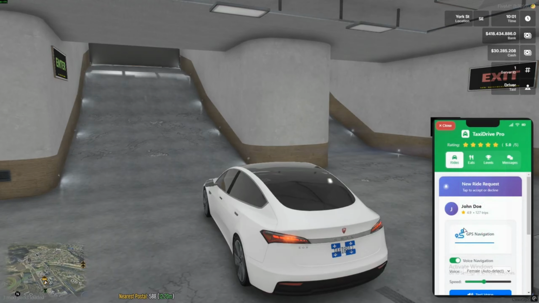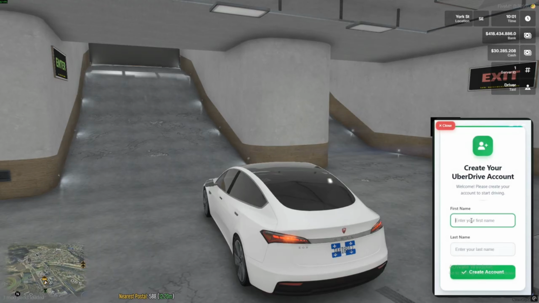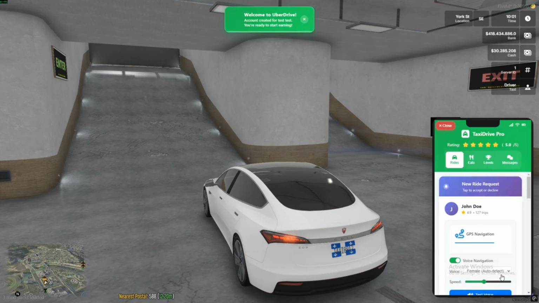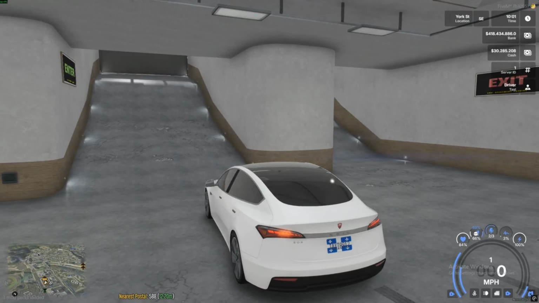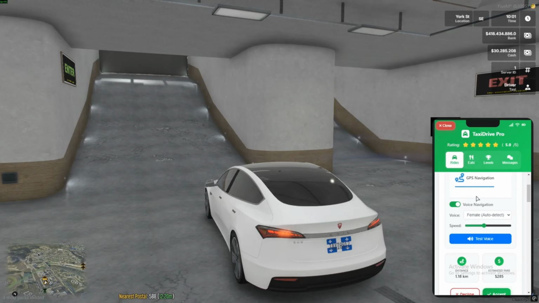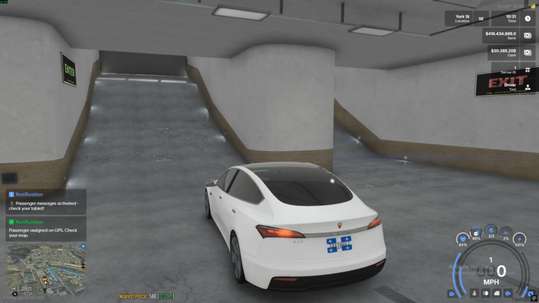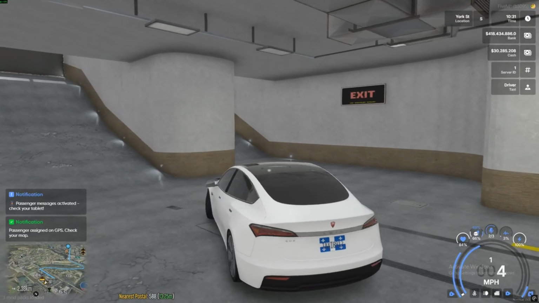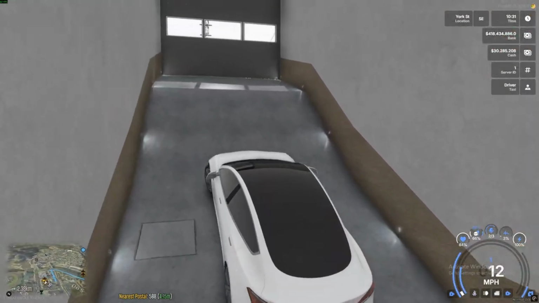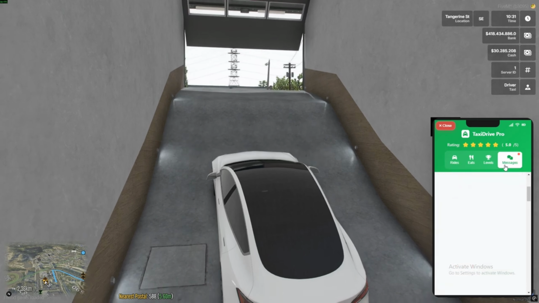When you first start, you'll have to sign in. For me, I'm just putting test at the moment, I'm still testing it. Then when you create your account, you'll be logged into the main section of the app. You have sections: Uber, Uber Eats, and levels, which let you know you have benefits from progressions, like better passengers and better pay. Whenever you accept a ride, you'll get a beeping sound, like an Uber sound.